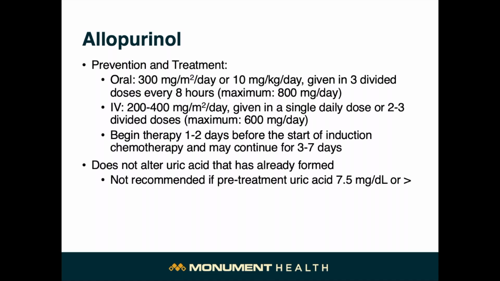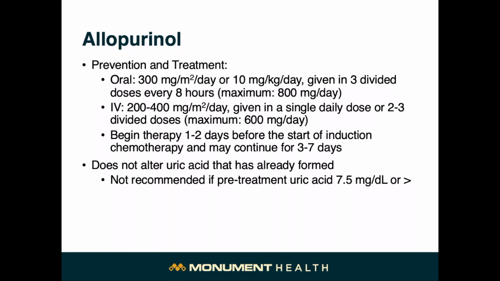The first medication that I wanted to talk about is a very important medication for not only the prevention but treatment of tumor lysis syndrome, and this is allopurinol. As a reminder, allopurinol is a xanthine oxidase inhibitor. The recommended dosing for allopurinol in the oral dosage form is 300 milligrams per meter squared per day, or 10 milligrams per kilogram per day, given in 3 divided doses every 8 hours, with a maximum recommended dose of 800